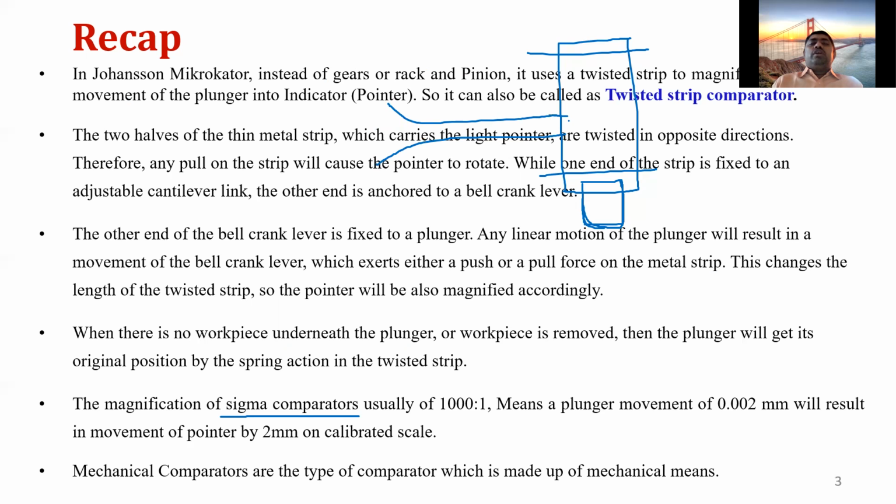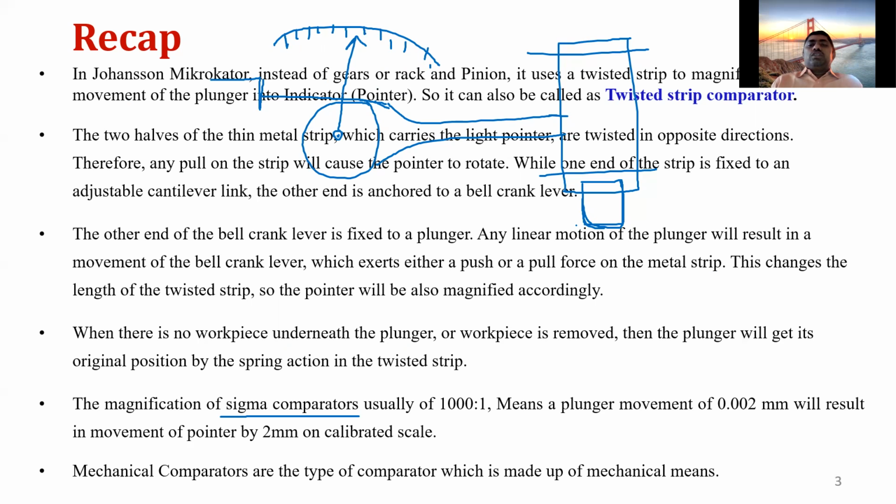So the one end of the Y arm is connected to the moving member of the cross strip hinge. The other end is connected to the driving drum by means of bronze bands. So on the driving drum, there is a pointer scale. This is the calibrated scale. The pointer moves on the calibrated scale.